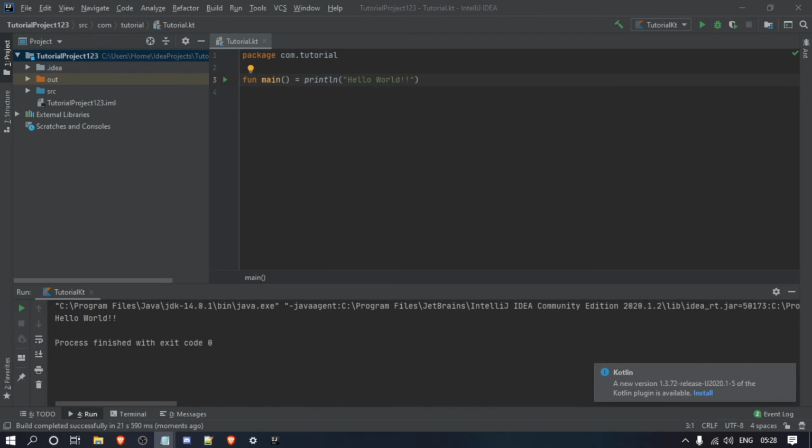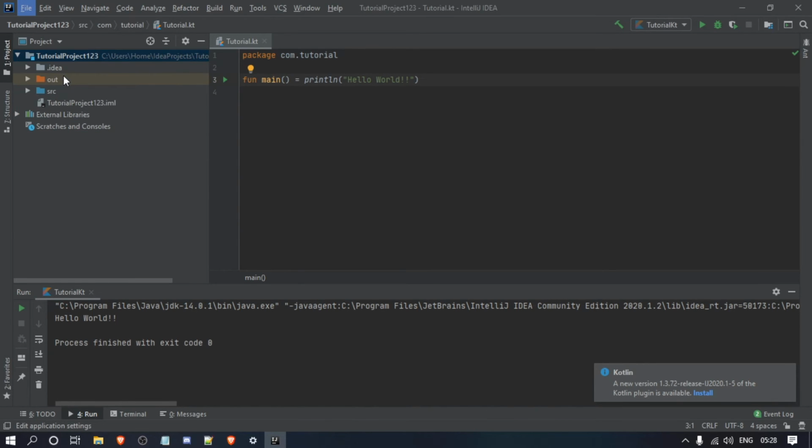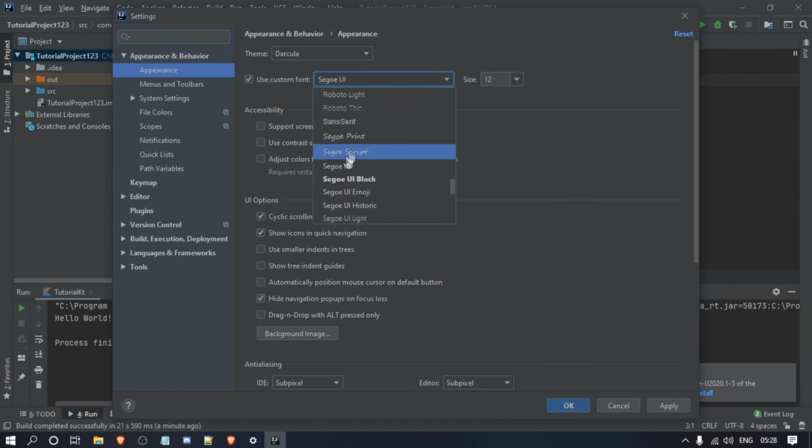So what we're going to show you now is how to customize your IntelliJ. So go to File, and then go to Settings. So here there's hundreds of settings where you can change your theme to high contrast, Windows 10 Light, IntelliJ Light, Dracula, change the font types. Hang on. You can change the font type by using a custom font,